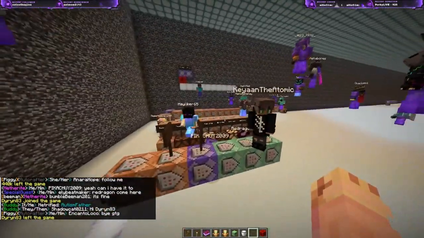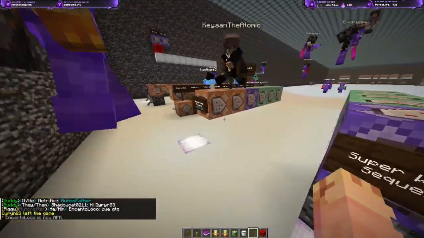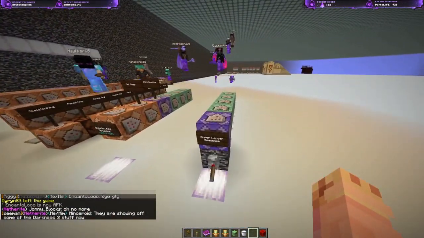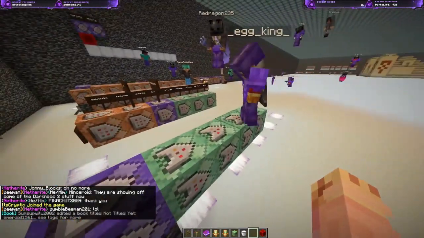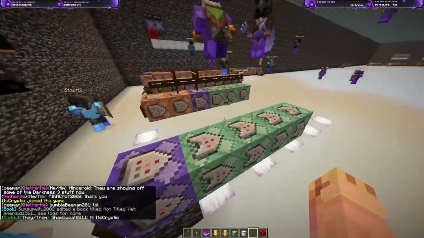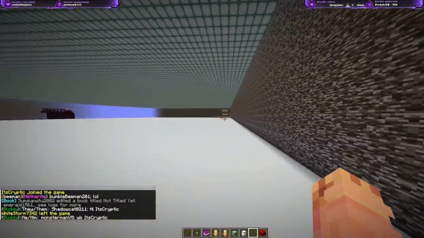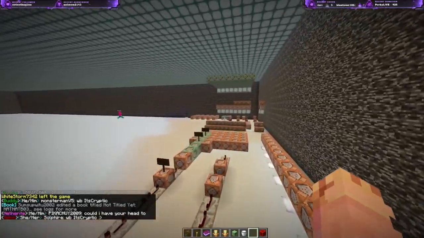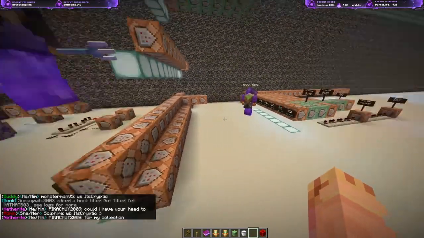Oh, wait, before we do that though, as you can see, each section has a Skeleton King and the Super Warden over here. All the rest of them will be here. They're all going to have their own little sequence of timers, and they're all going to do different things. But the mobs that they spawn, the actual chicken jockeys and all that sort of stuff, is over in the other corner, down here. Down here is where it spawns all the different mobs and summons the lightning and does all the actions.